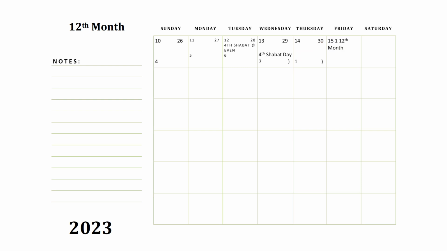Now this time, instead of putting in your work day of the week, it's a new month now. So this is just a note you could put in to start. You put in your three numbers: your 15th day of the lunar month, the first day of the solar month. I'm sorry, my bad. 15th day of the solar month, first day of the lunar month, right? And this is starting the 12th lunar month. So you can put that in there as a note, all right?